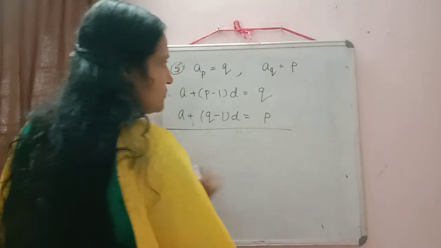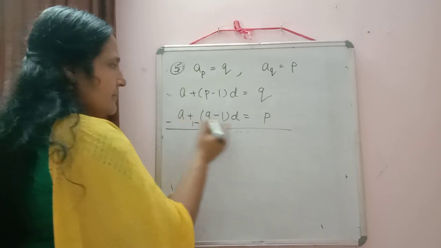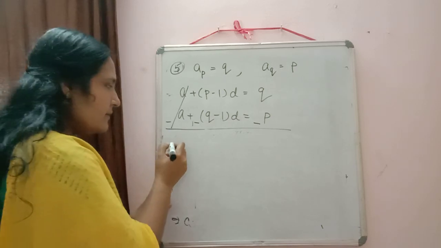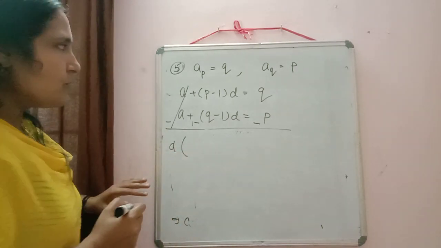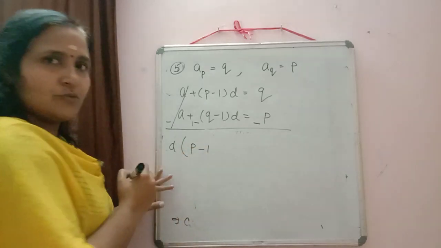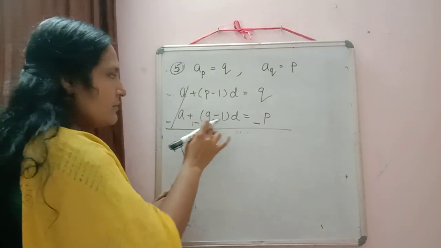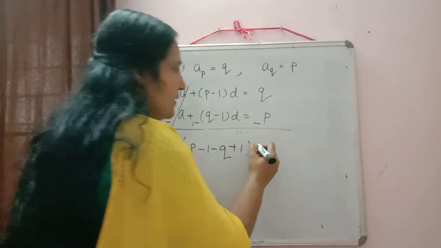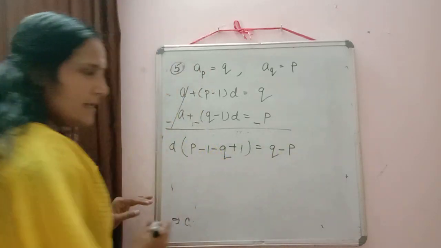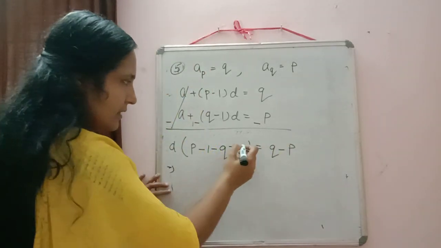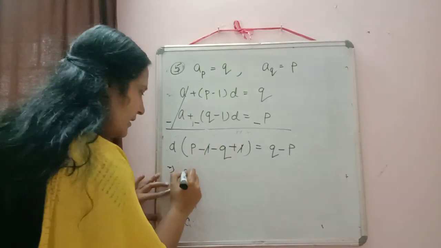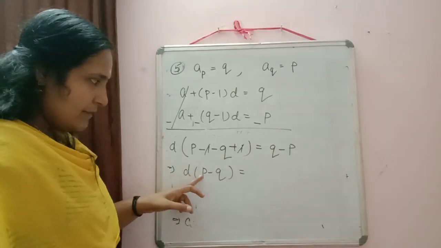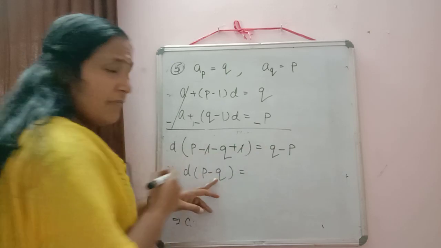So as we did in the previous one, subtraction. Minus, minus, minus. A and minus A will get cancelled. Shall I take D common? Okay. D taken common. What will come inside the bracket? P minus 1. And I am multiplying it by negative sign also. So it will be equal to minus Q. Minus into minus plus 1 is equal to, right hand side it will be equal to Q minus P. Here minus 1 and plus 1 will get cancelled. We will get D into P minus Q is equal to, now just to check here, here we have P minus Q. But here we have Q minus P.